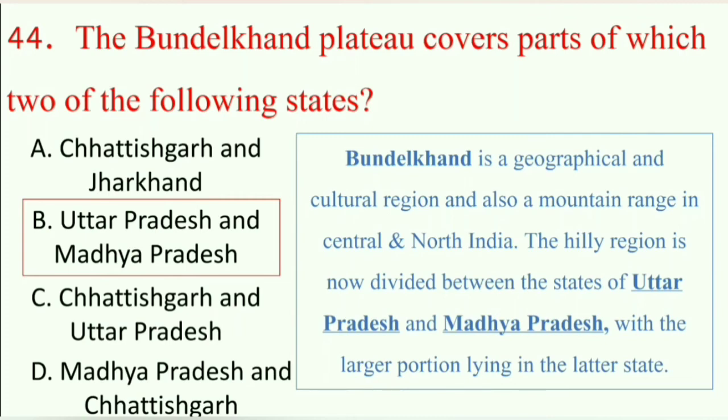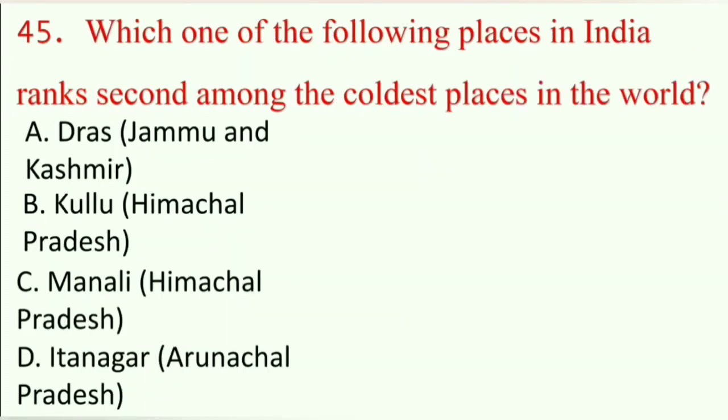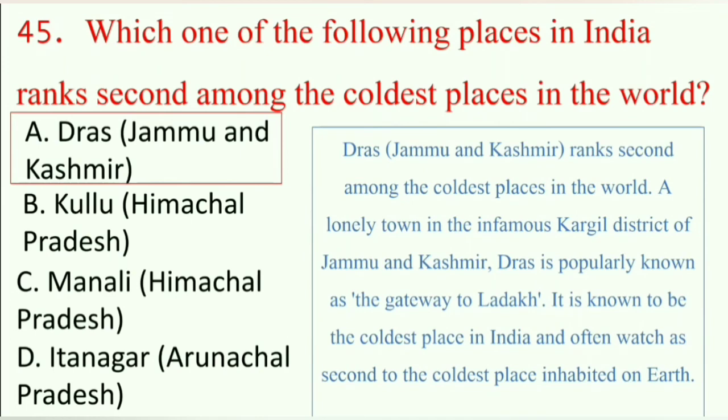in the latter state. Next, which one of the following places in India ranks second among the coldest places in the world? Answer: A. Drass. Drass in Jammu and Kashmir ranks second among the coldest places in the world. A lonely town in the infamous Kargil district of Jammu and Kashmir, Drass is popularly known as the gateway to Ladakh. It is known to be the coldest place in India and often was rated as second to the coldest place